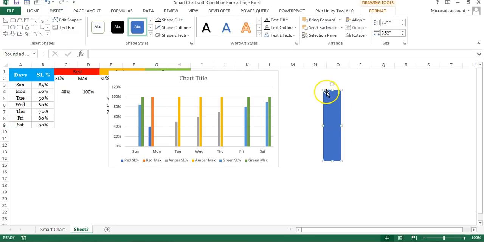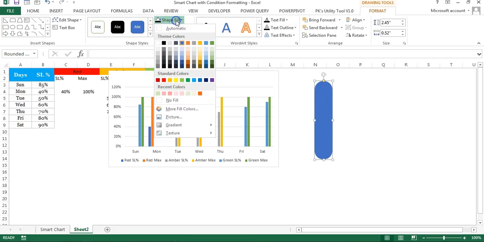here. Now pick this yellow handle and move to right side. So our corner will be rounded completely. Alright, now I'll go to the shape outline in format and I'll select no outline. For shape fill, we will fill some color here. So let's say first I'm filling the red color, this one, and we will make it slightly lighter in red.